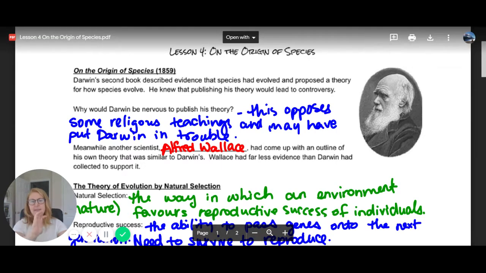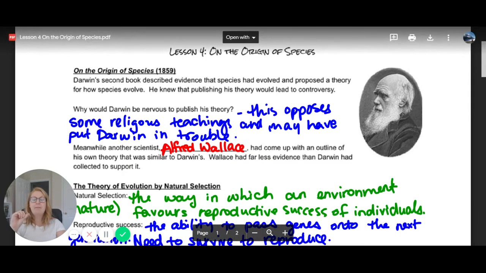On the Origin of Species is the name of Charles Darwin's very famous second book, in which he records a lot of his different ideas and his theories about evolution that he came upon as he was doing those travels around the world. So he was nervous and uncomfortable with publishing at first because, as I mentioned, that was a controversial topic at that time. So, as I said, in 1859, it was not public opinion that evolution was really happening.